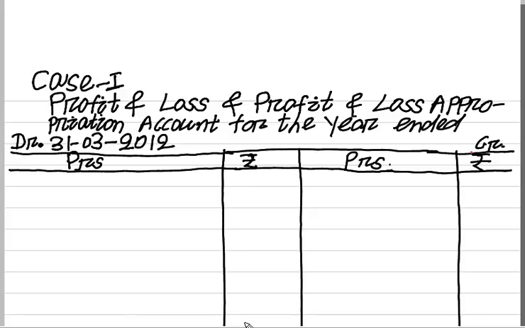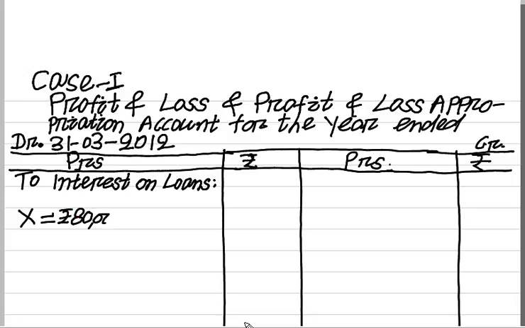First of all, the interest on loan payable to partners. To interest on loans for X. X has advanced a loan of rupees 80,000, 80,000 into rate of interest 6%, and it will be calculated for 6 months,